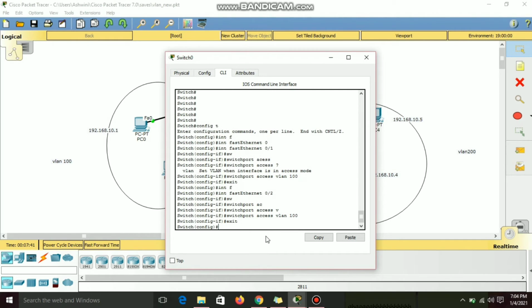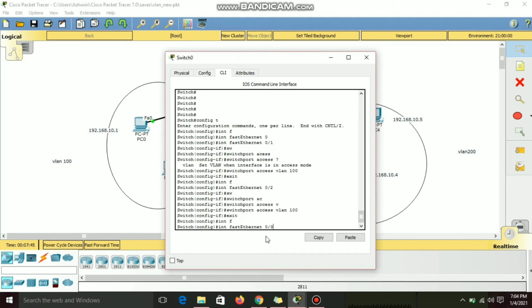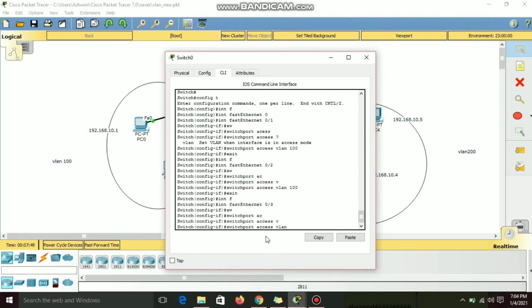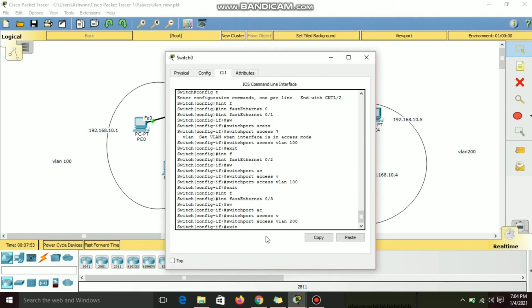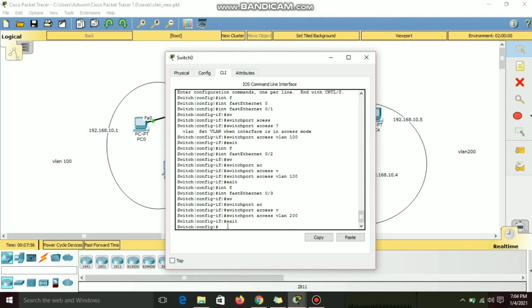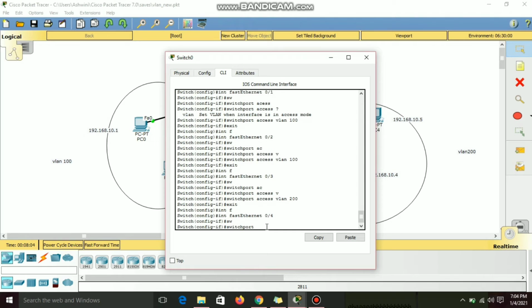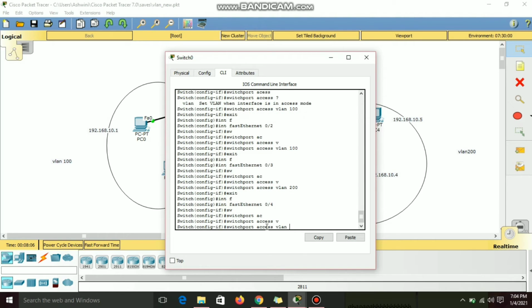Exit. Interface FastEthernet 0/3, switchport access vlan 200. Note that here I'm giving VLAN as 200. Interface FastEthernet 0/4, switchport access vlan 200.